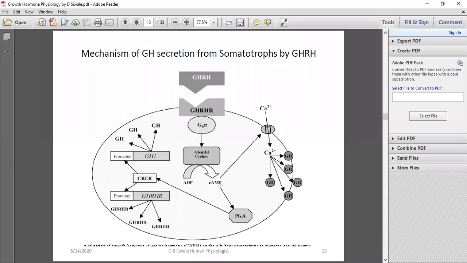If you remember cyclic AMP, it's adenosine monophosphate. There's adenine, monophosphate, meaning it's a what? Nucleoside, nucleotide. It's a nucleotide, yes. There's adenine there, there's monophosphate, it's a nucleotide. Now it's cyclic. So now this is the second messenger. It has various actions. One of the actions is it stimulates the voltage sensitive calcium channels.